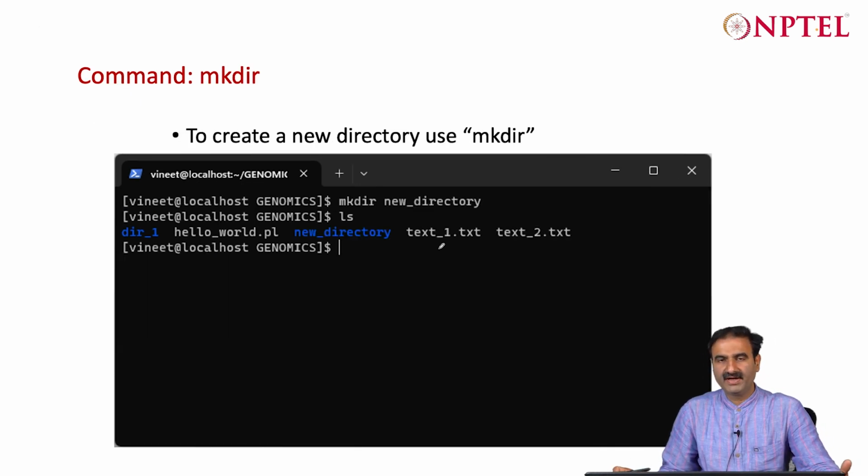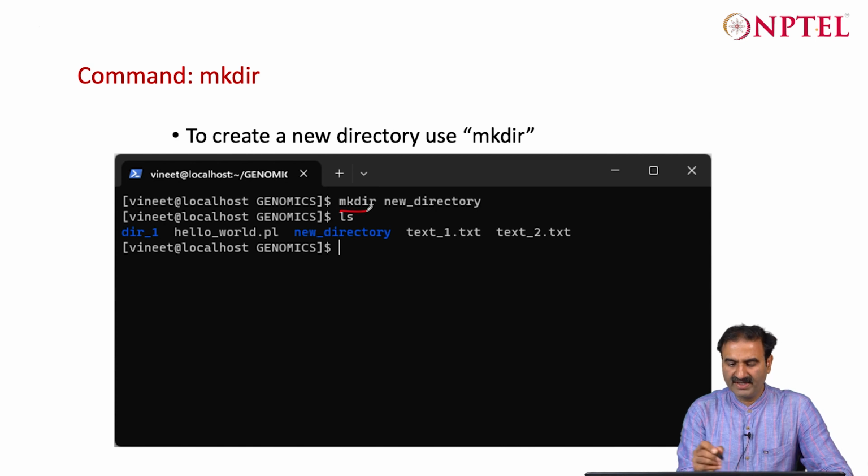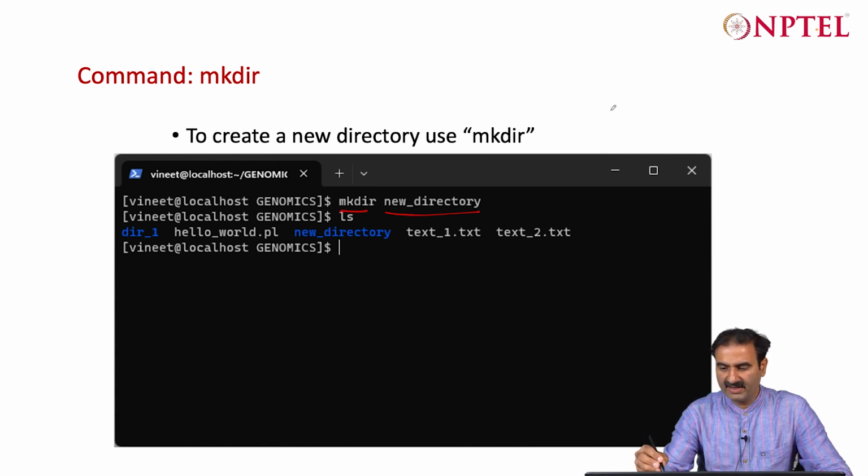Now you are in a directory, and you want to create another folder for yourself, for downloading new data or doing some processing. So you want to create a new directory. You can just type mkdir, make directory, and the directory name. The hyphen is just a symbol, but you can write anything here. So like make directory work,